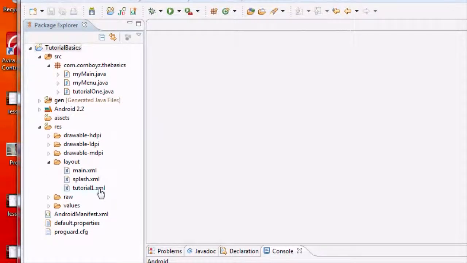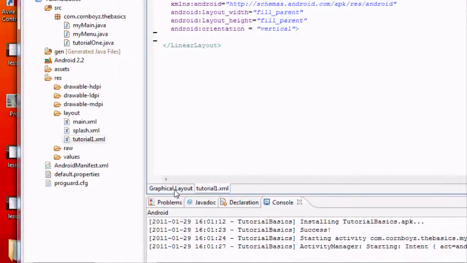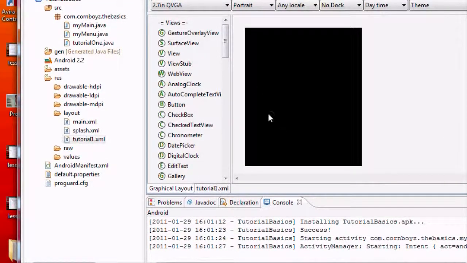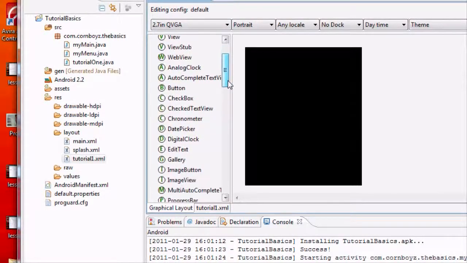But what we're going to do is set up our XML layout tutorial 1, and we're just going to add some stuff to this. Basically, this video is just going to do some more XML, but a little bit more advanced than we have done. And we're going to use some new features